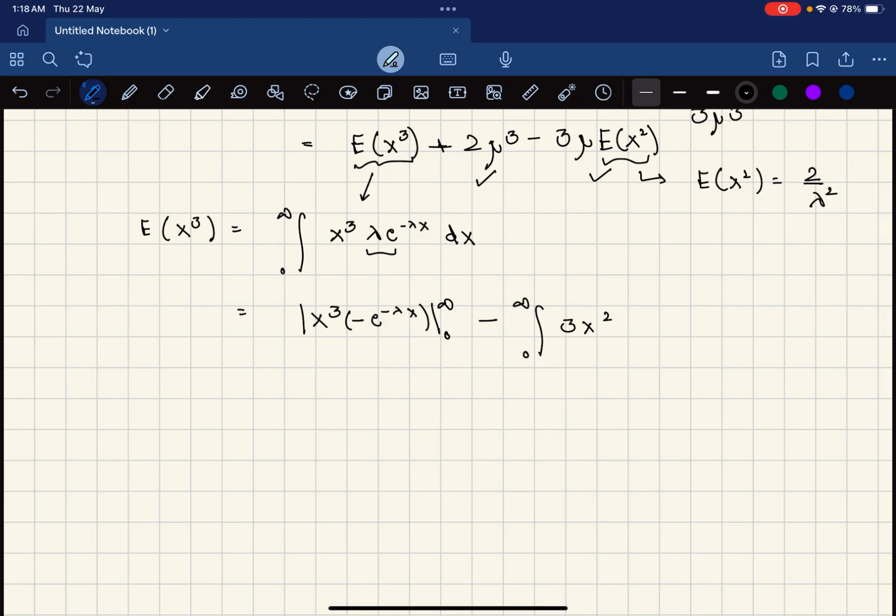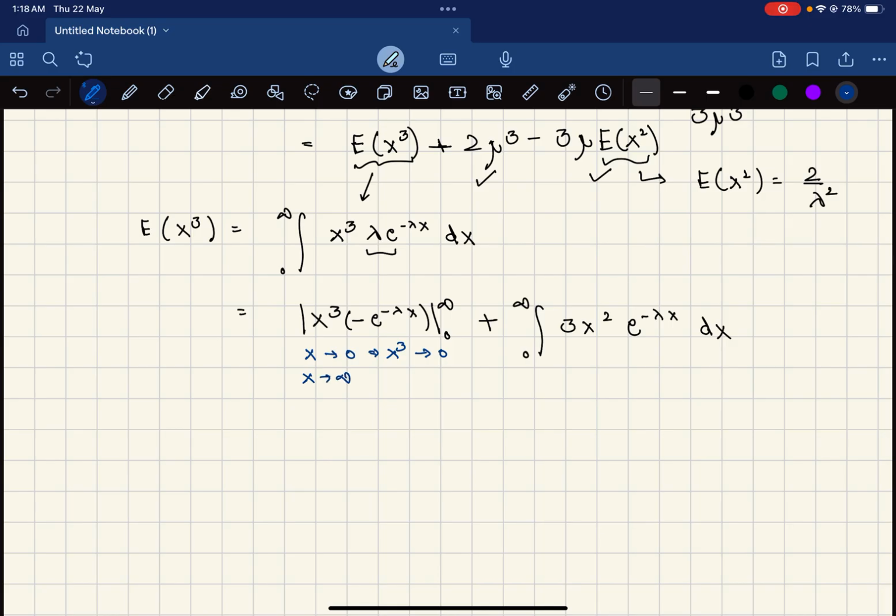So if you want to go back to that, you can go back to check how we are calculating the integral here. Then for lambda e to the power minus lambda x, we again have the integral given as e to the power minus lambda x with a negative sign. So negative negative becomes plus here, and we are left with this expression. Now once again, the first integral here is x equal to 0. So therefore x cube is 0. So therefore the integral becomes 0 at x equal to 0.